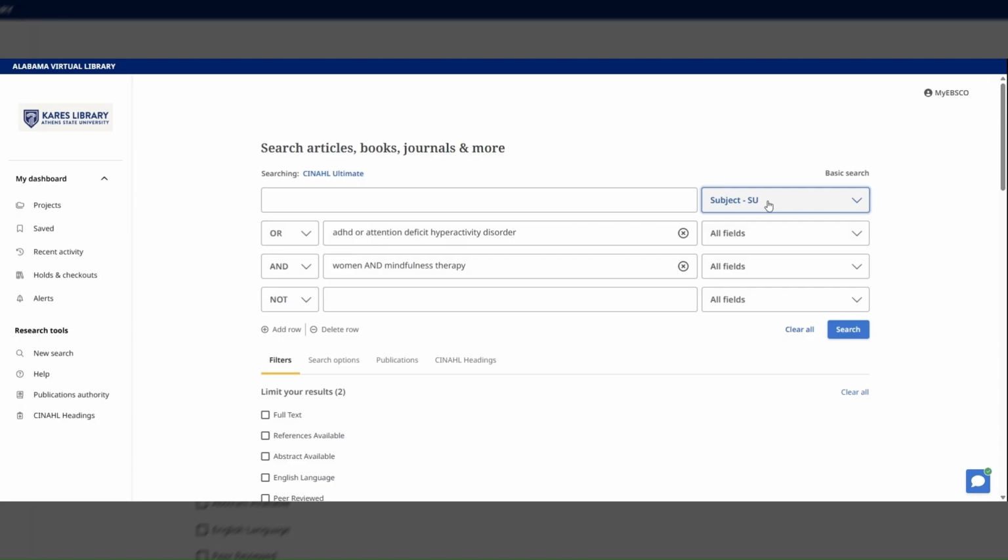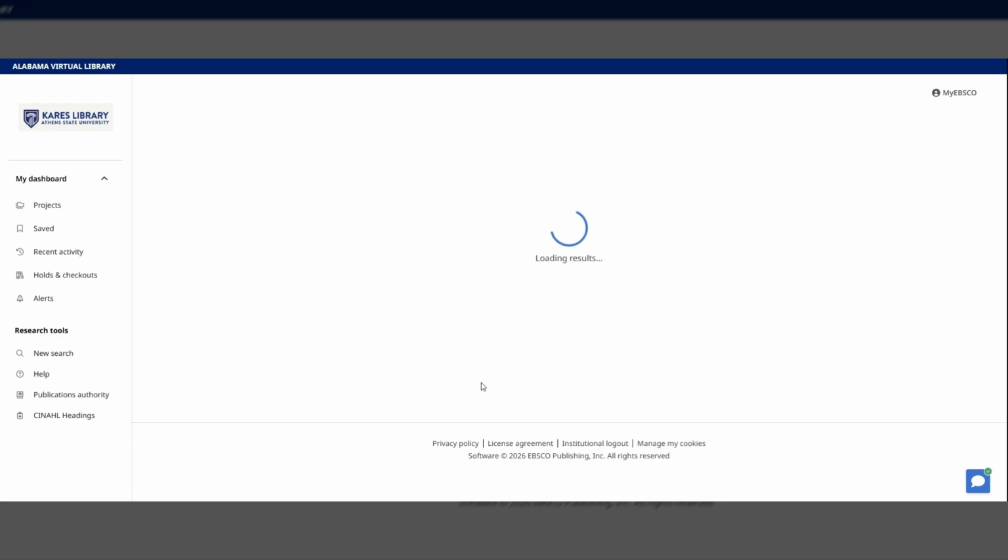So to start off, you should start with all fields to explore, then move to title, abstract, and subject terms to find the best and most precise sources. Now that we know about the Booleans and search fields, let's test the results. But first, let's talk about access to articles within the database.